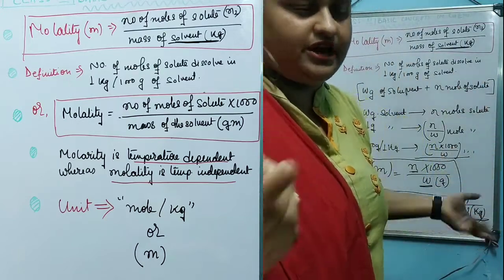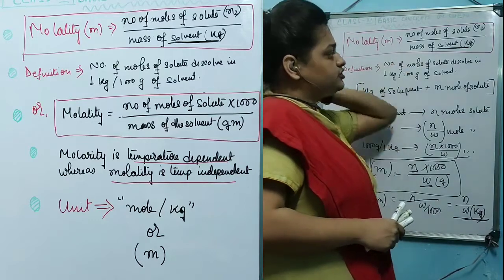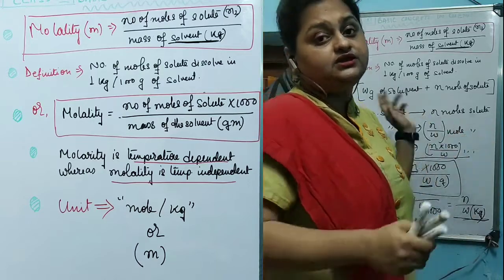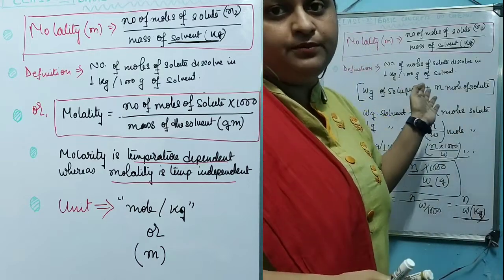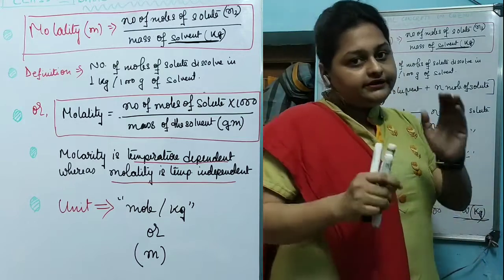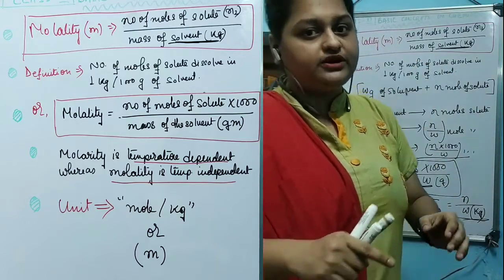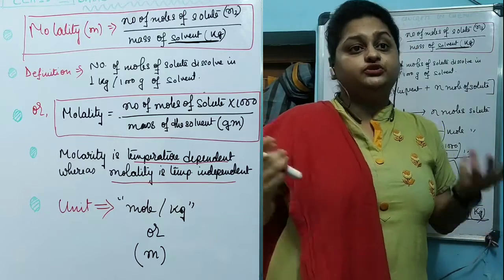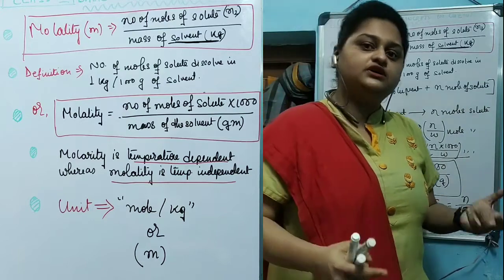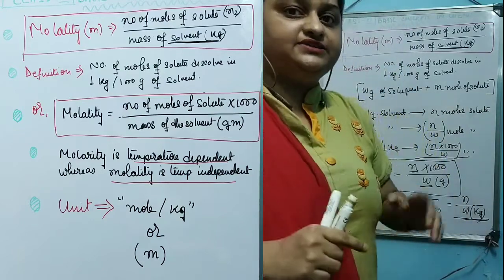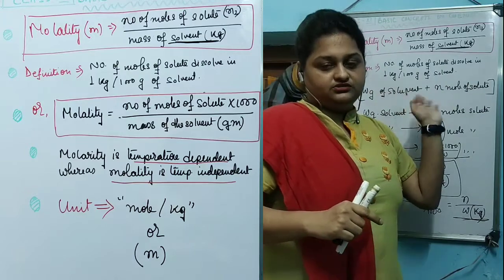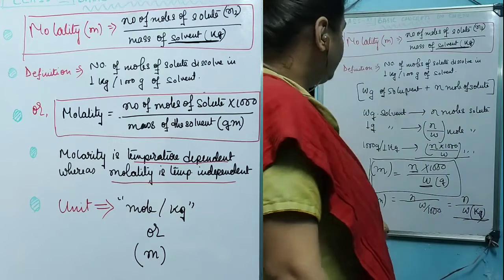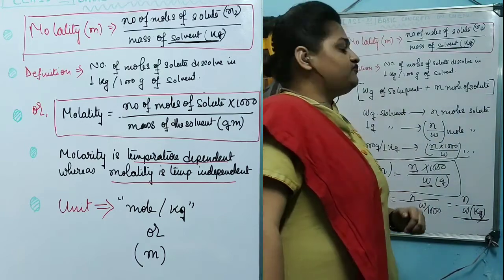Hence the definition can be written as number of moles of solute dissolved in 1 kg and 1000 gram of the solvent. Now why this 1 kg and 1000 gram base we have taken, we discussed in detail in our last class. We have talked about having a generalized idea of the concentration of the solution, so that we can compare the solutions with each other. That's why the base was taken as 1 kg or 1000 gram, because we are taking mass. For the volume it is liter or 1000 ml. This is the concept of molality.